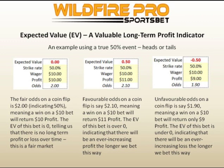One useful mathematical tool for quantifying the value of a bet is EV, or expected value. An EV of 0 indicates a fair bet. Below 0 is an unfair bet, and above 0 is a profitable bet. To use it, we need to know what we will profit from a wager for the price we are attempting to test. Then we enter the true odds or implied strike rate of the wager, and then let the EV